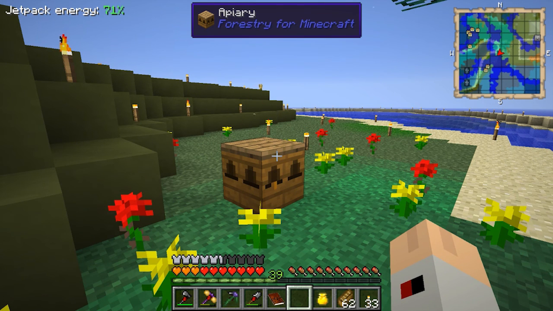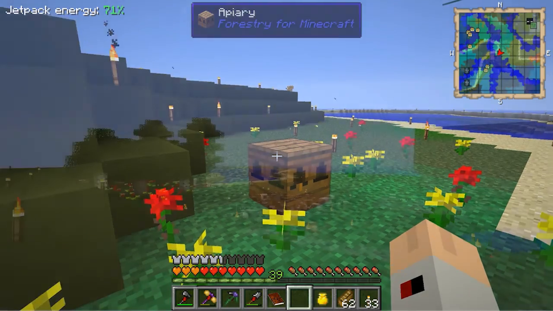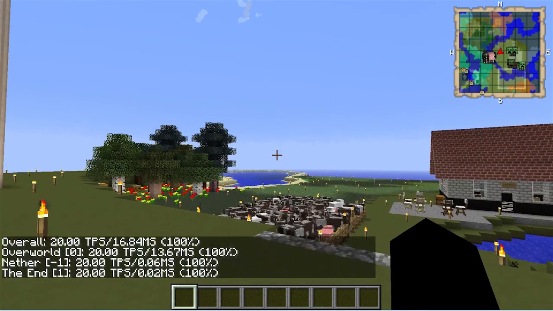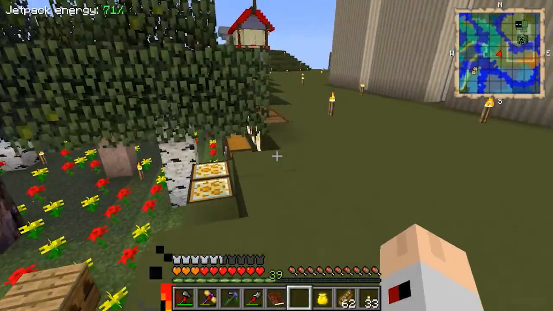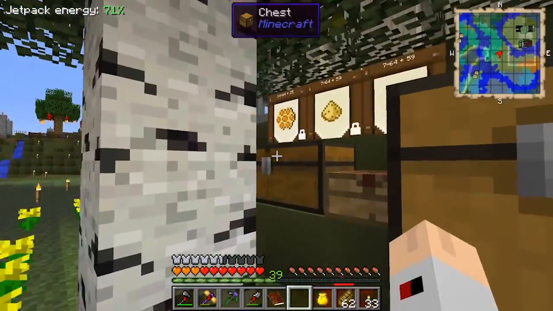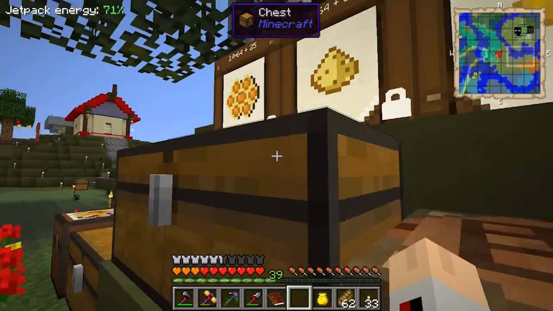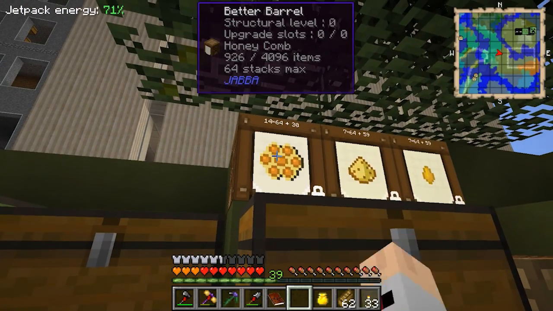Now you can do a command, /COFH space TPS, and that'll show you if the lag is in the overworld or in the nether or in the end, and mine was definitely in the overworld. But to really get a sense of what is causing that lag more specifically, you need to run something called Opus. In order to do that, you have to make sure that Opus is enabled